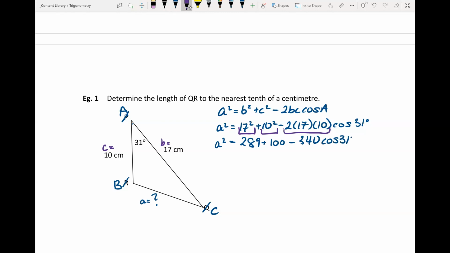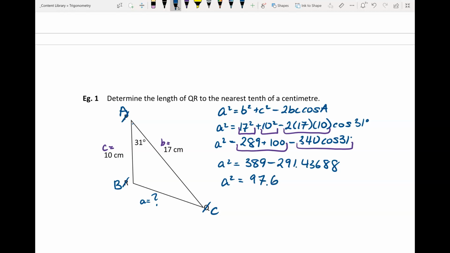Okay, the next thing I'm going to do is add 289 and 100 together and multiply 340 and cos 31 together. So 289 plus 100 is 389. 340 multiplied by cos of 31 is 291.43688. Then I'm going to subtract. So 389 minus 291.43688 is